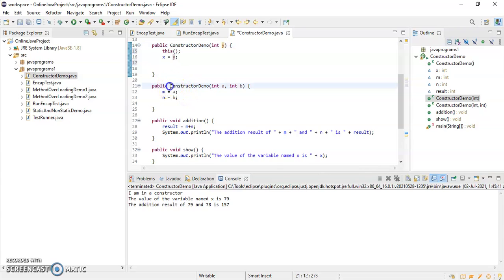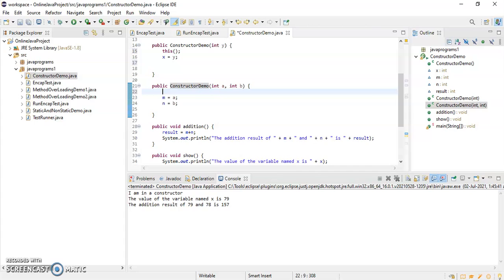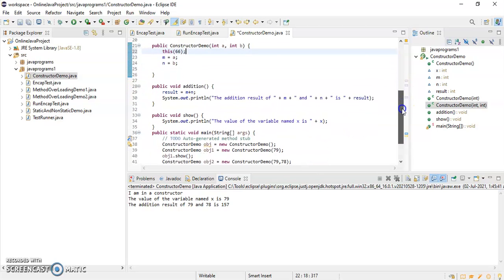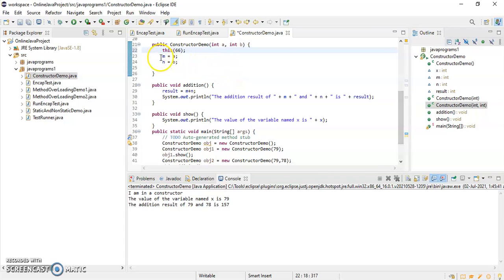Now if I go to this constructor, which has two parameters, from here I will call the constructor which has one parameter. So I'll write here this, and give some value like 66, for example. Obviously here I am assigning the values to m and n, and calculating the addition.